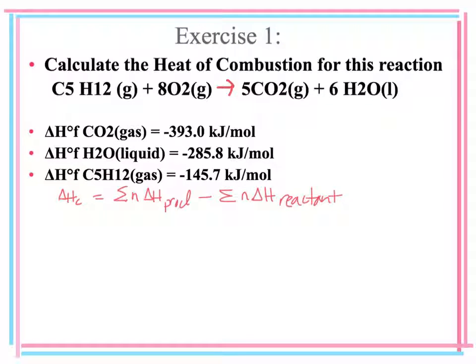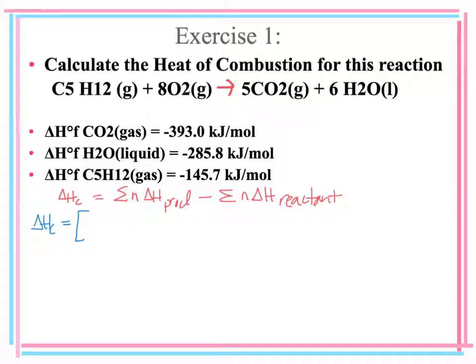All right, exercise 1, calculate the heat of combustion for this reaction. We've already got our delta H values for the compounds listed, and then I went ahead and gave you the formula that we're going to use. So now it's just a matter of literally plugging in these numbers and doing the math on our calculator. So let's start with products minus reactants, and we're going to sum them. And so we're going to start with the delta H of combustion is going to be equal to,